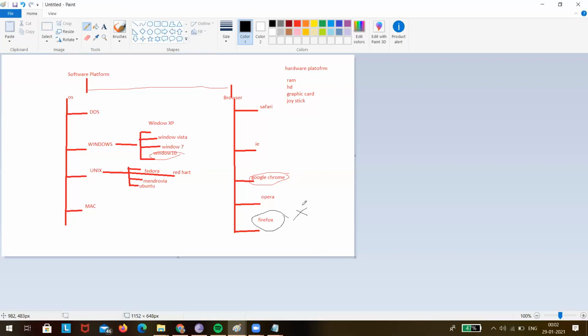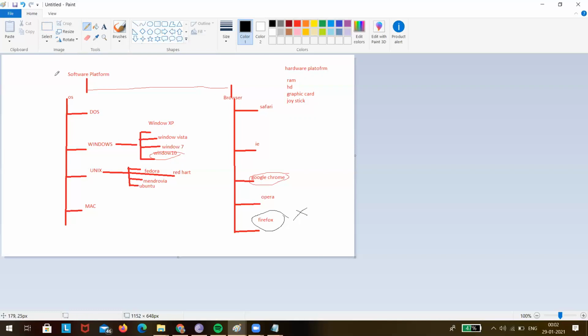So this is a compatibility issue. Did you understand what a compatibility issue is? Tell me yes, no. Yes. So what is a compatibility issue? An application is working fine in one platform, but it is not working in another platform. What is compatibility testing? Testing the application on different hardware and software platforms.